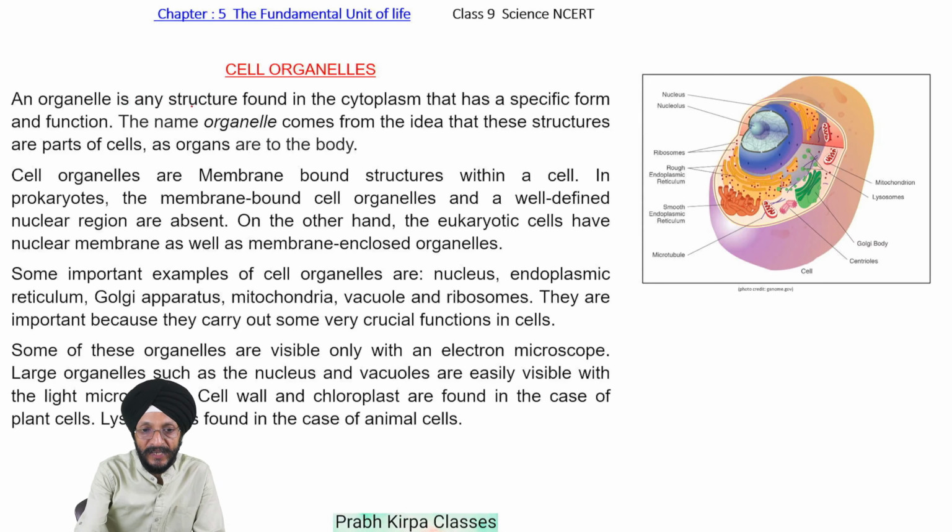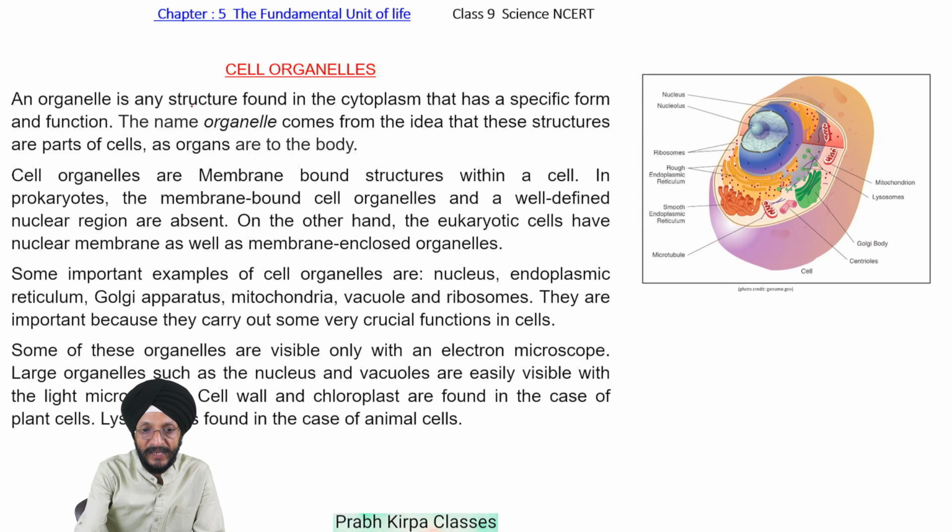Some important examples of cell organelles are nucleus, this is nucleus, endoplasmic reticulum, this is endoplasmic reticulum, Golgi apparatus, this is Golgi apparatus, mitochondria, given in the red color, this is mitochondria,